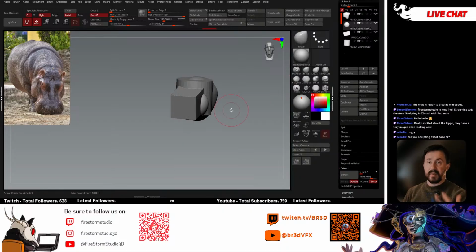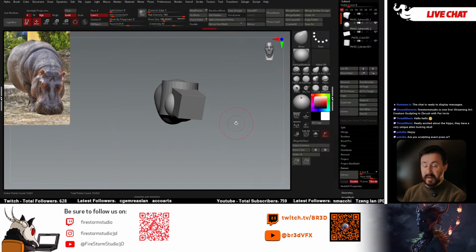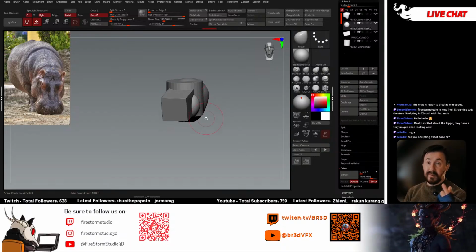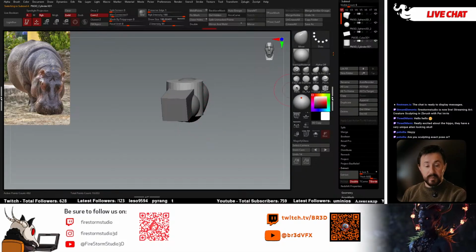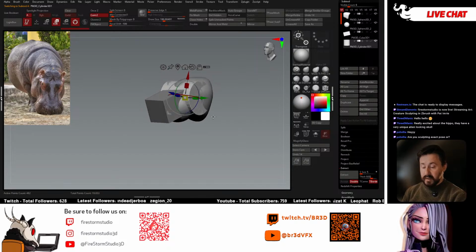Now you could do this with an insert mesh brush. Are you sculpting exact pose, or at the moment I am just doing asymmetrical head at the moment. There is something that we should probably do next though, Polly. You're right, we haven't done one of them for a while. We should probably do that as the next thing we do. We'll maybe put it into a pose. So